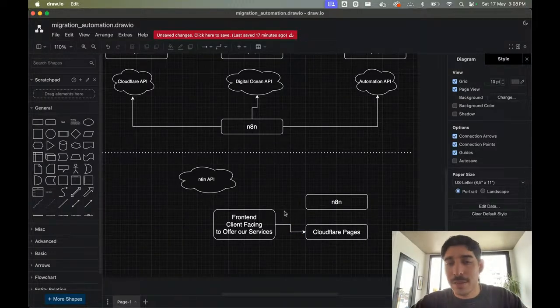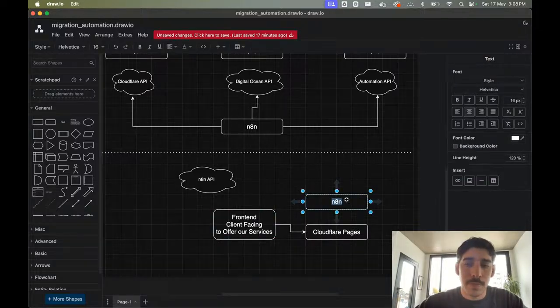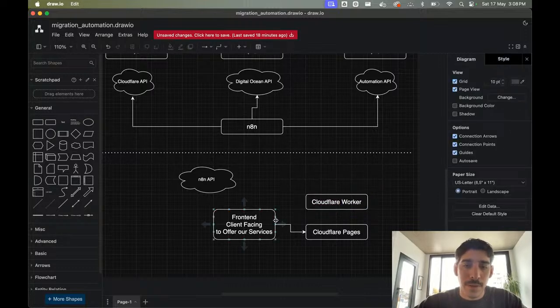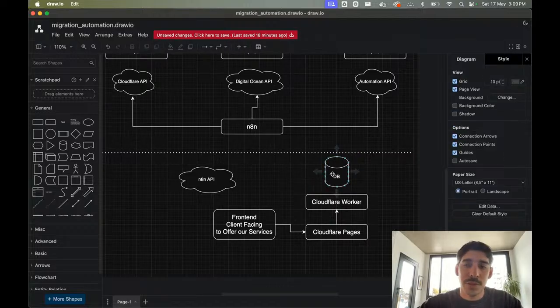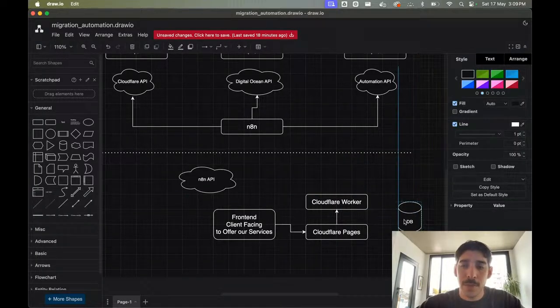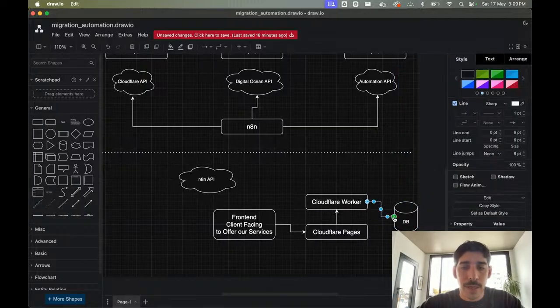this could be made in JavaScript, in React, with Vite or Bolt. We could have a Cloudflare worker here, doing stuff for us. We should have at least one database in which we store information about our users, about their subscriptions or payments.